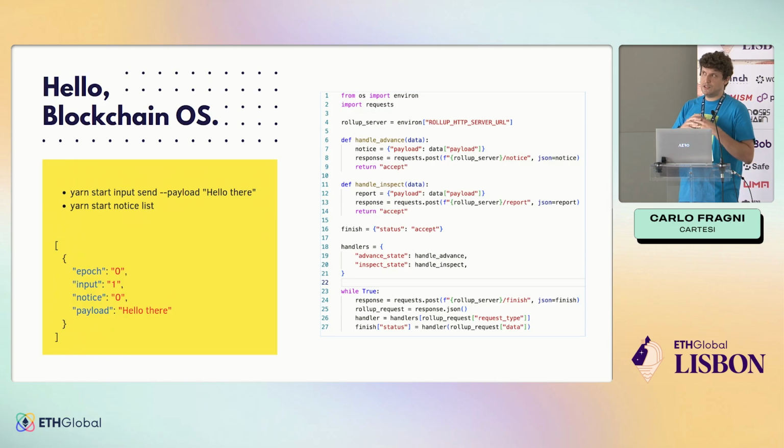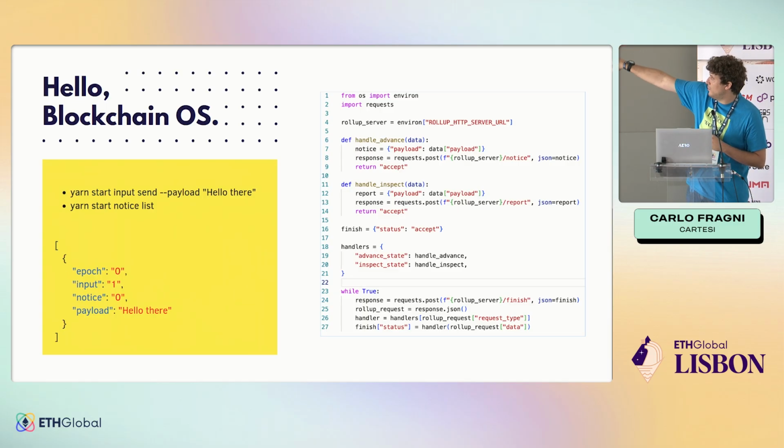So just an example, let's say you have a chess application. You move a piece, that changes your application state, that's going to come as an advance state. Now you just open your application, you want to know if a game is going on or something like that. Traditionally, you would have to go through the blockchain, check all the transactions to rebuild the application state, or use something like GraphQL to index the state and query it. With Cartesi, you can use this inspect state. You just provide your address, and it's going to return JSON, maybe with your chessboard configuration and the player's turn, right? So this is the difference.